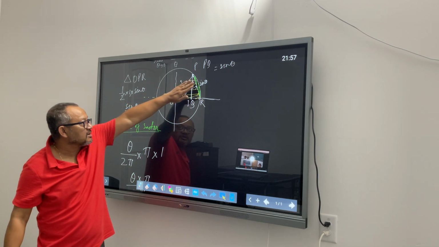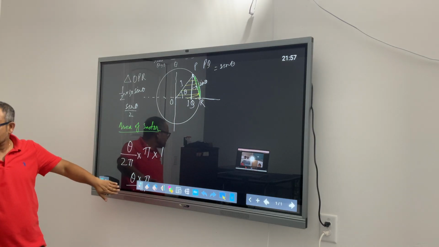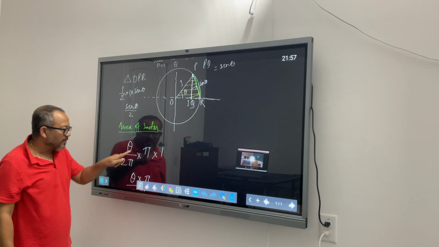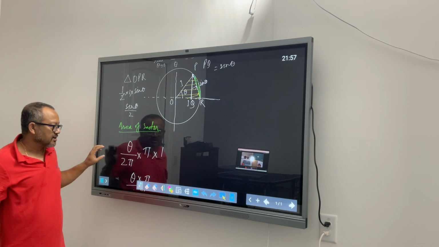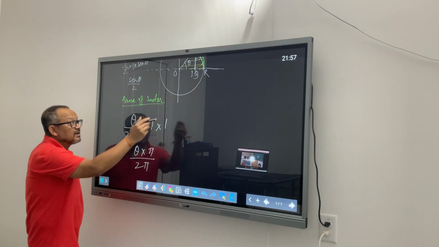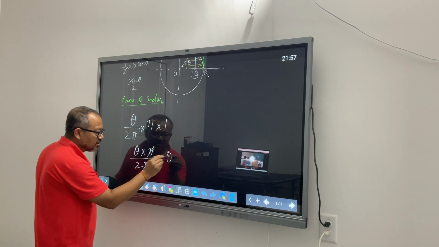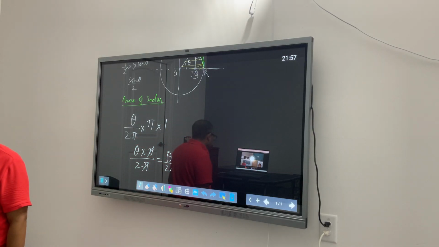Since I'm talking about this angle, I don't know the value of theta, so I'm saying theta over 360. If this makes a complete 360 degree angle, it will be 2 pi by 2 pi times pi r square. It is theta by 2 pi into pi r square. That gave me the value of this area equal to theta by 2 pi times pi, and these 2 pi I will knock off. It becomes theta over 2. Little bit more convinced? Yeah? Ananya, Chris, are you guys okay?